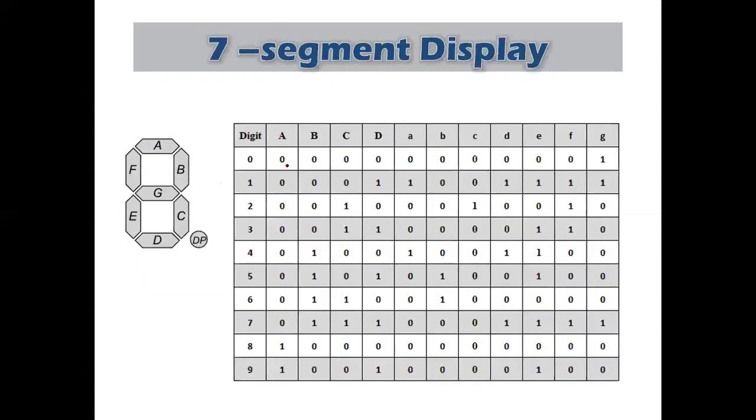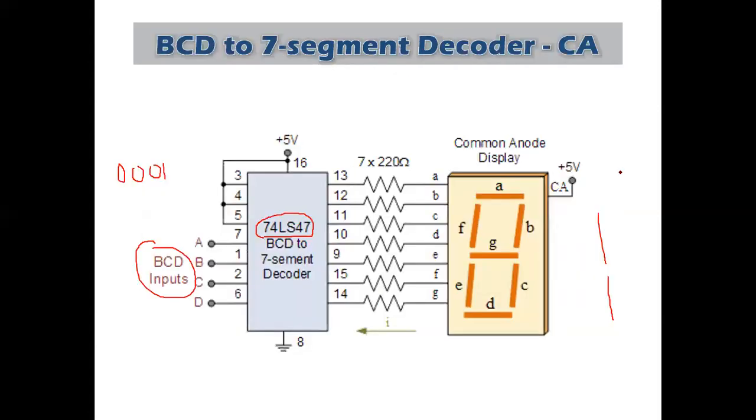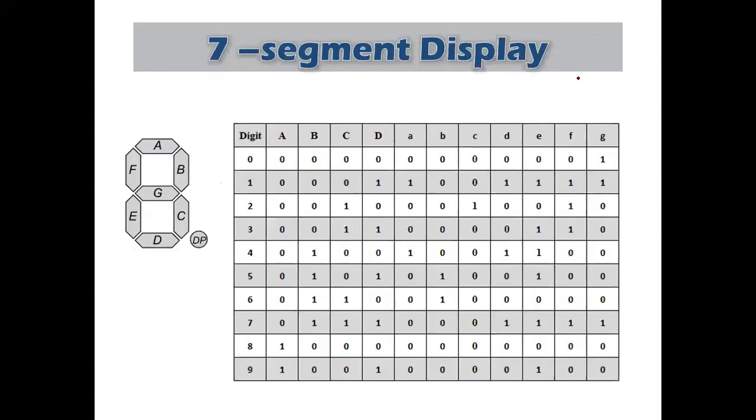See, what is my input? My input is all zeros, so everything is 0 here. This is the common anode part. So what I'll do is apply 0, 0, 0, 1, and the corresponding segments are displayed. That is shown here for 8. What is the segment to be displayed for 8?